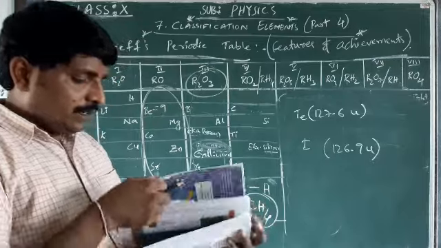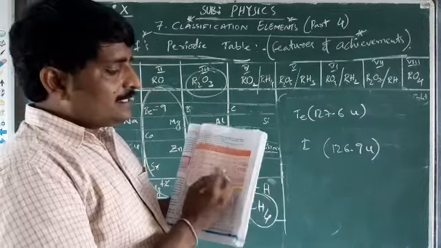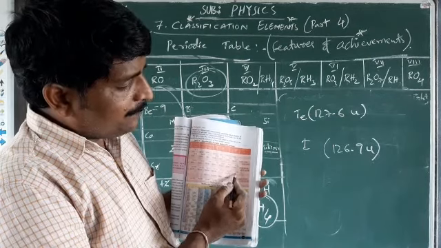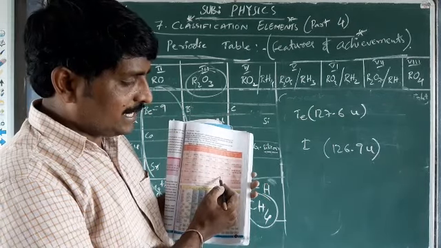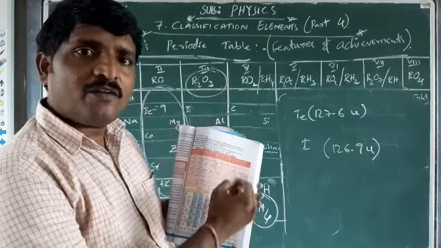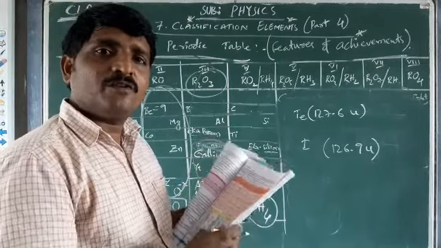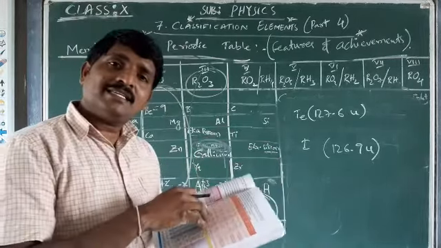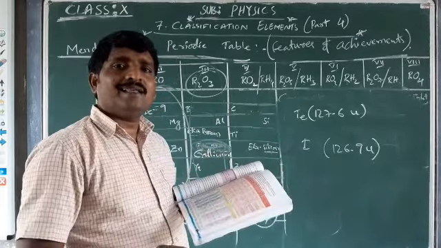Why did this happen? Because if the elements were kept according to order, with iodine at 126 first and tellurium next, they would not be following the properties. They would not follow the same physical and chemical properties of the 6th group and 7th group. To make them sit in their respective groups, they are interchanged. That is the anomalous series. Okay.